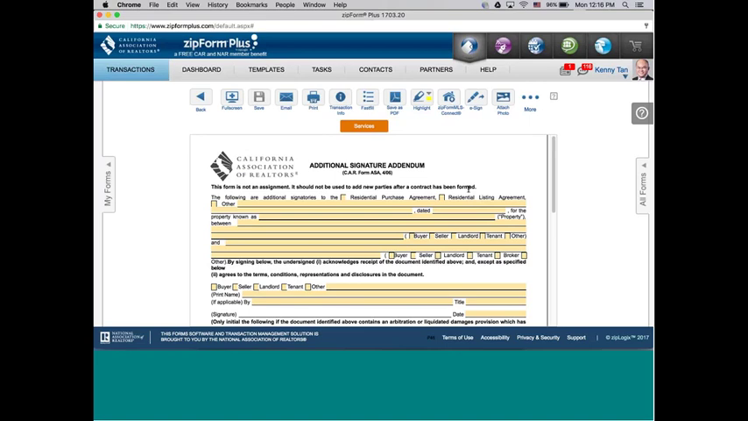So you can either check listing agreement or you check purchase agreement depending on who you're doing work for. Whether you're doing work for the seller or you're doing work for the buyer. If you're working for the buyer, representing the buyer, most likely this is the box you want to check. And then